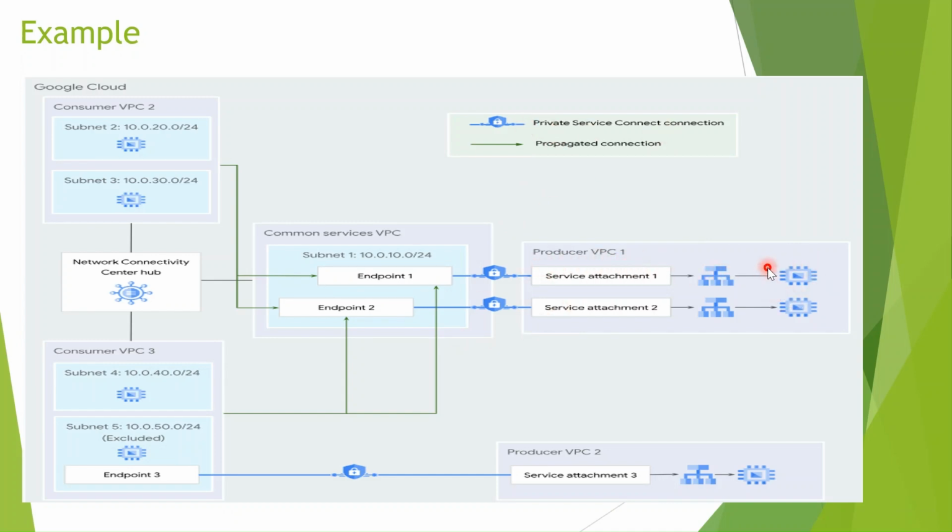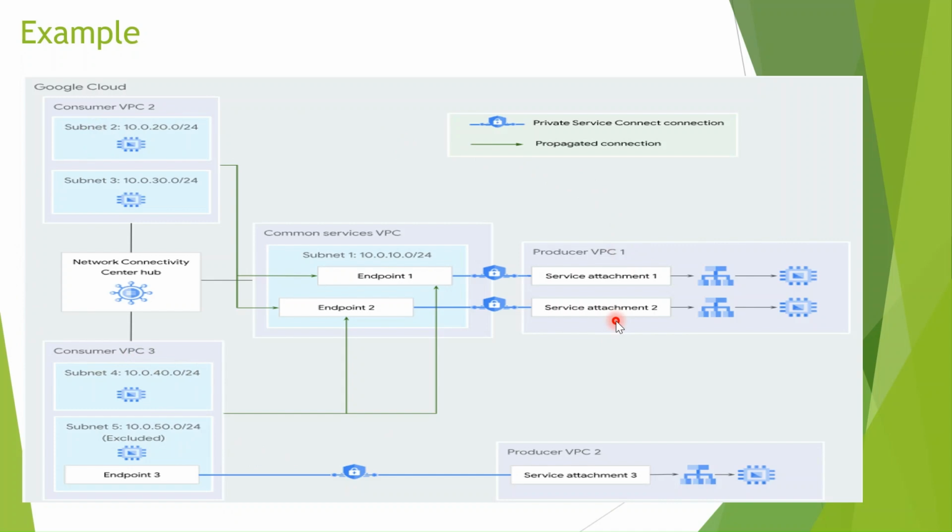They have some managed services which they want to share with other VPCs, or different projects also. So it will create a service attachment. This is my consumer VPC. It will create an endpoint, and as of now it is using this service. Suppose now you want all the other VPCs to also use these producer VPC services, but you don't want to create separate connections. The common services VPC has a connection already, but if another VPC should use this service, we have to create one more connection. Then consumer VPC 3 also needs a connection. So it is very complicated, and you have to manage multiple connections.